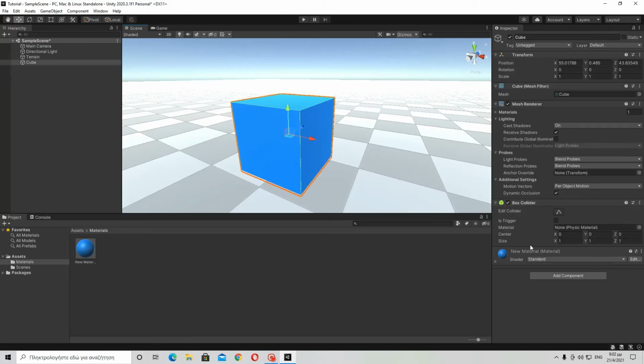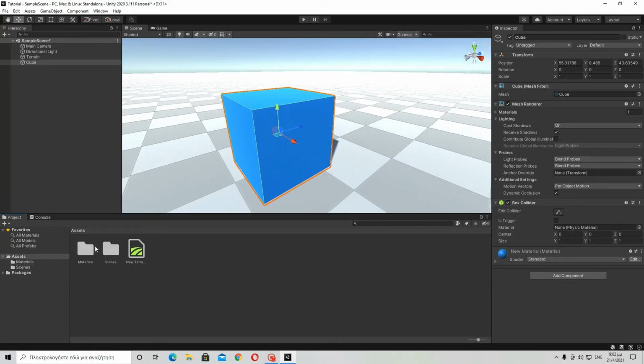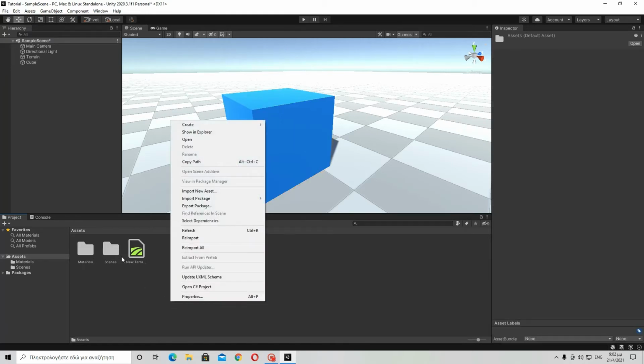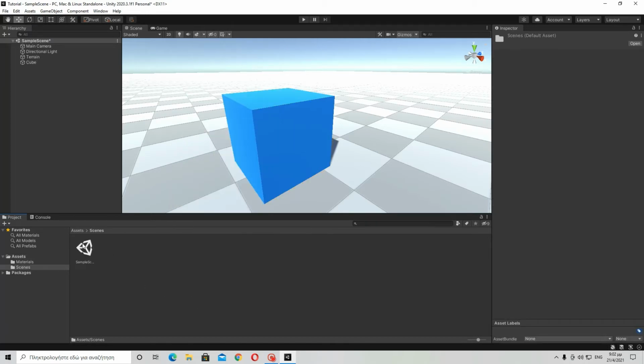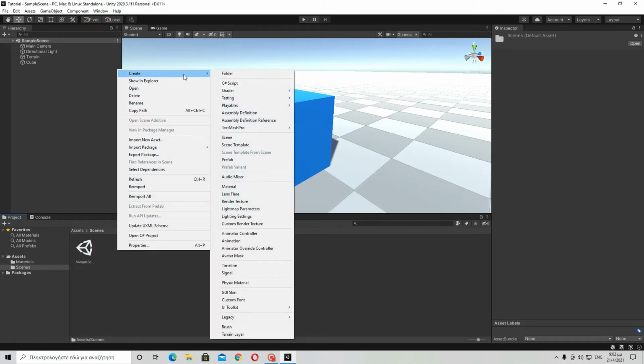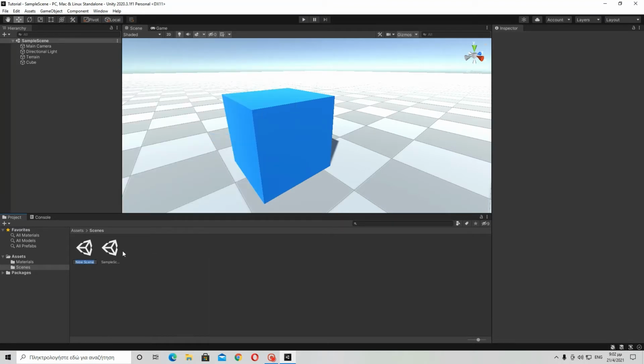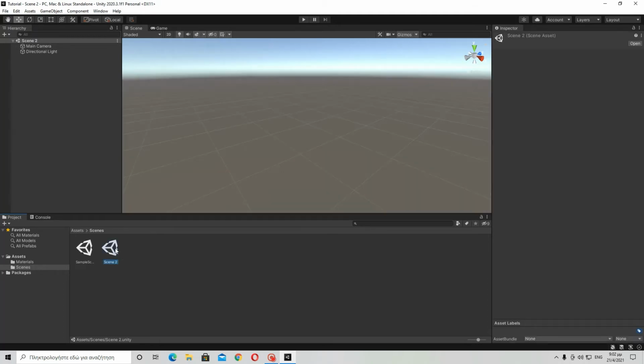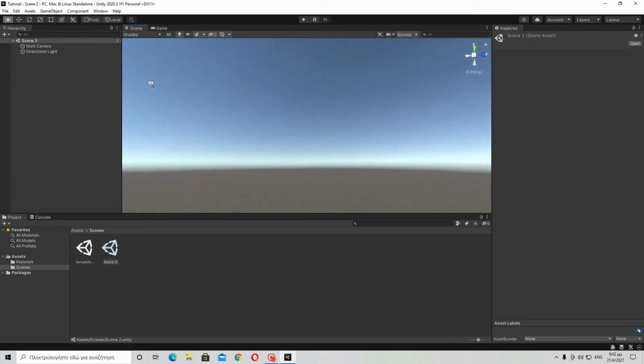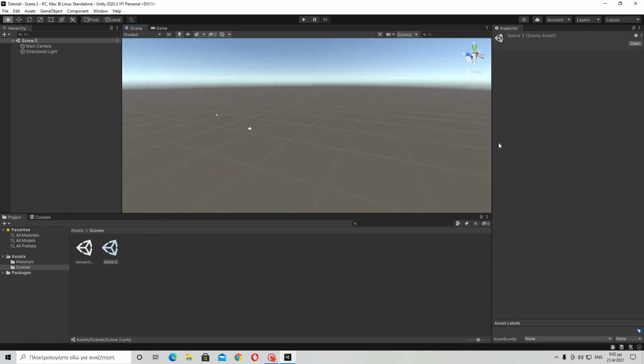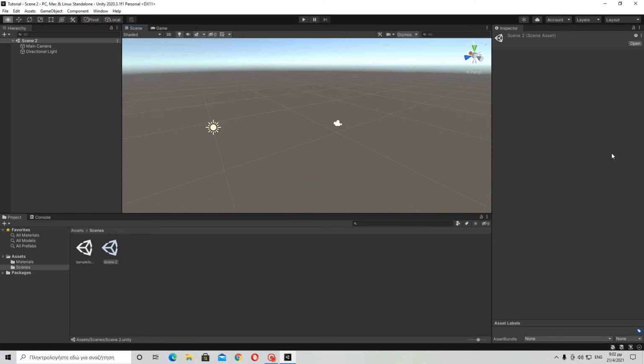Okay, now the very basics are actually these. I have shown you how to make files, folders, and materials. And now, this is our default scene, and if I go here and add a new scene, scene 2, and click twice, it's like our default scene was at first. So now if I make any changes,